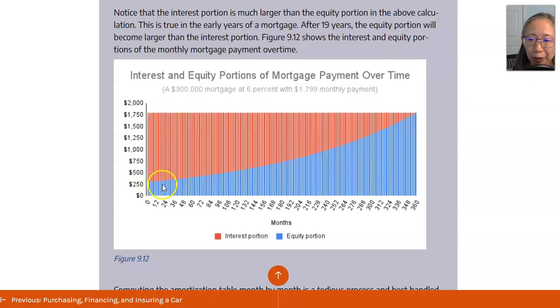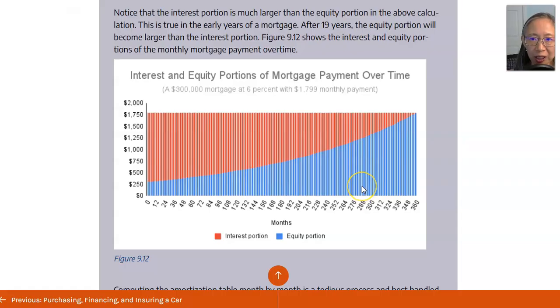But in the first, in fact, up to here, 216 months, the interest portion is much larger than the equity or the principal portion. So your first few payments, in fact your first few years of payments, the majority of your payment goes towards interest. Later on in the mortgage, in the last few years of the mortgage, a majority of your payment will go